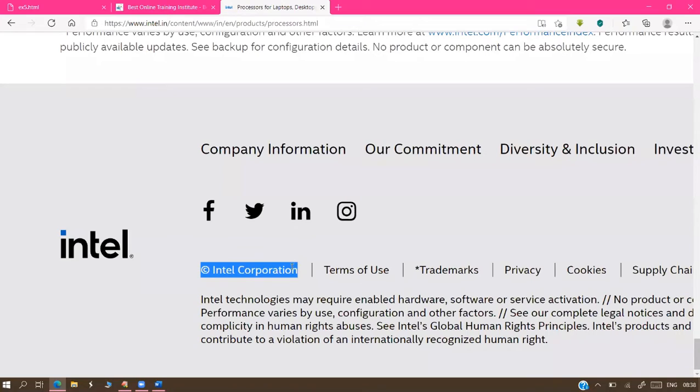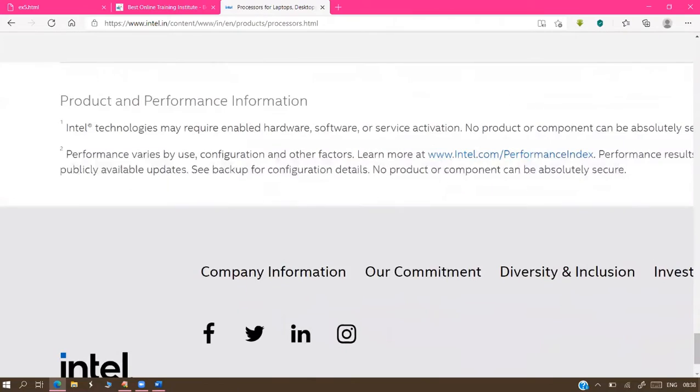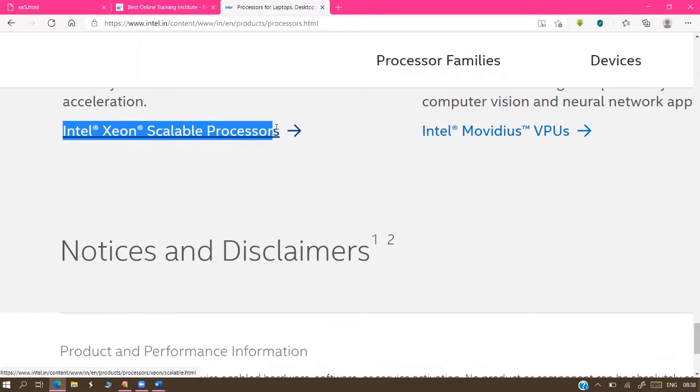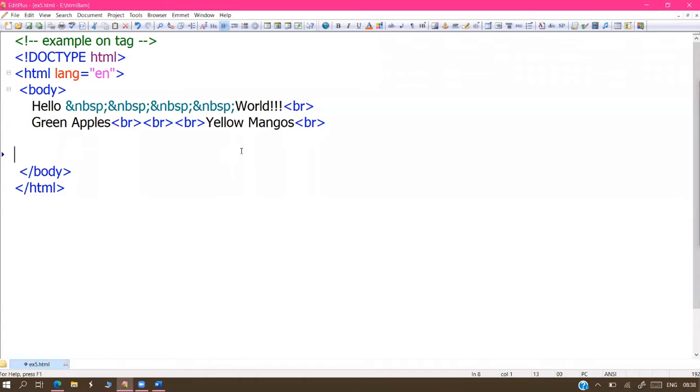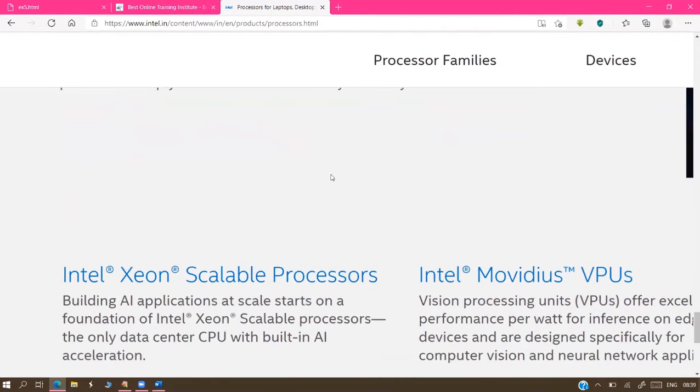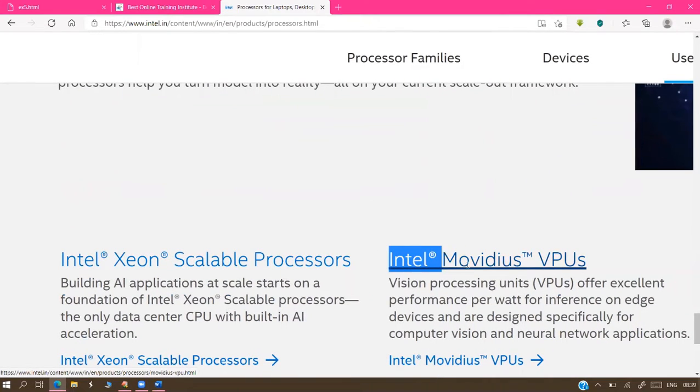This is simple. How to print these symbols, sir? Special characters are available. We have special characters. First, I'm taking this one, Intel.